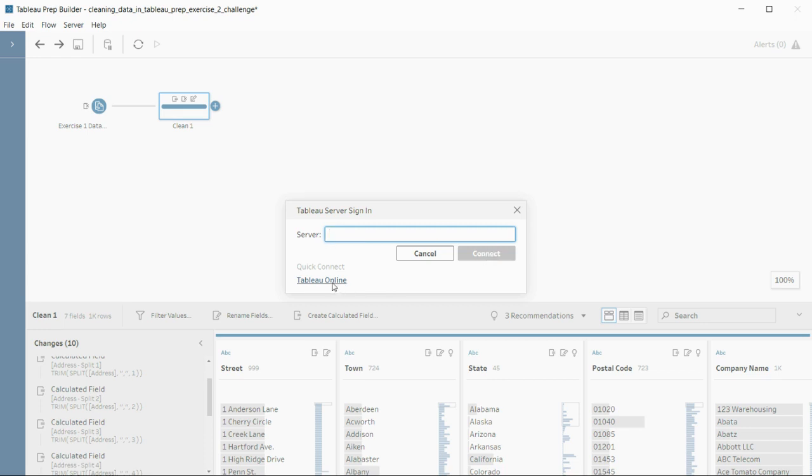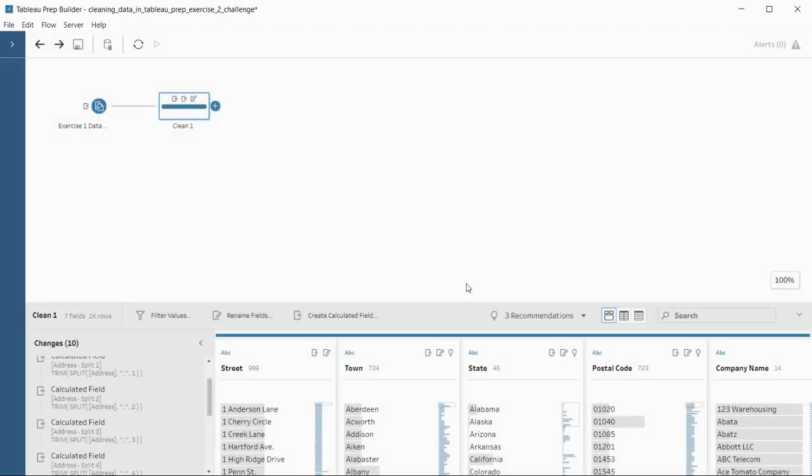Since I'm using a standalone system, I cannot go with a company server, so I can go with Tableau Online. Once you click Tableau Online, it will try to connect, and now it is saved in my Tableau Online server.